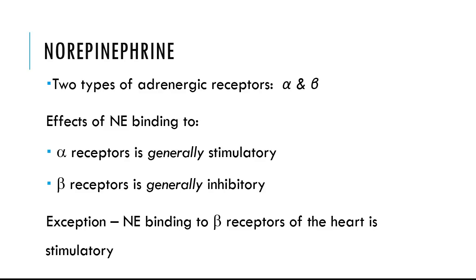That makes sense, right? When you're exercising, epinephrine is going through your blood, your heart rate's going to go up, your blood pressure is going to go up, which is good, you're exercising. But if you're taking a nap, blood pressure goes up, heart rate goes up, you're probably in the middle of a heart attack. And so the doctor could give you a beta blocker.